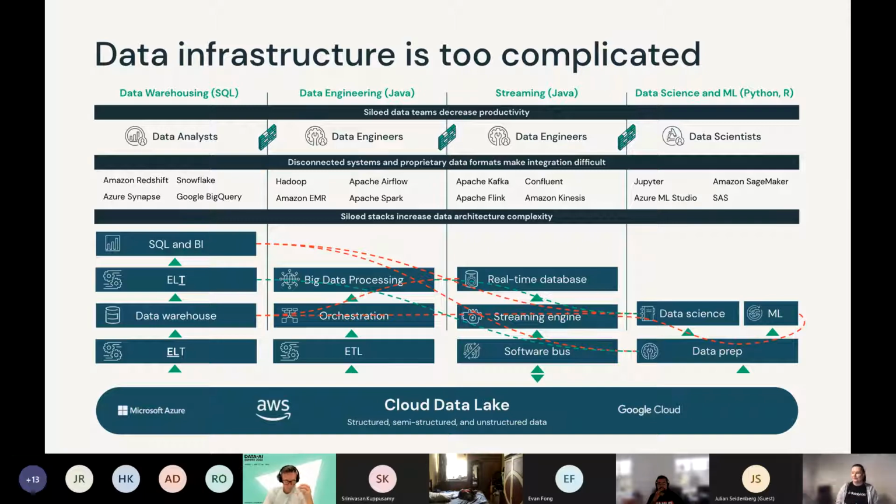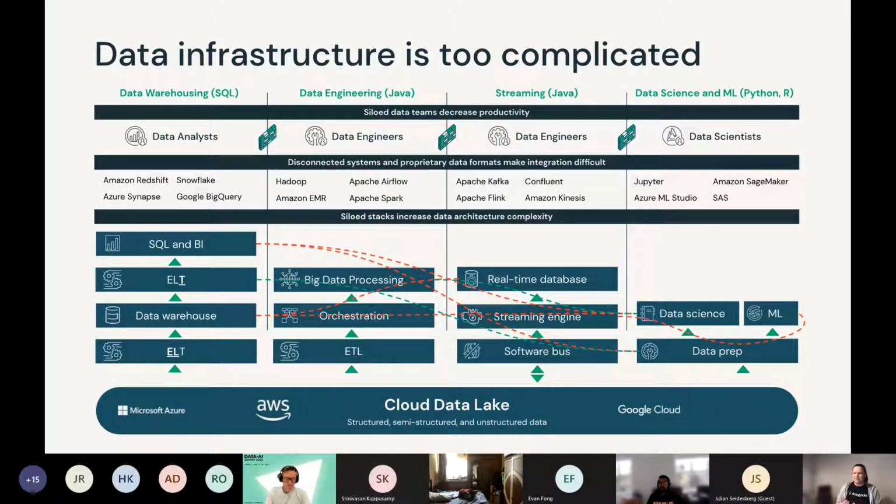And your data scientists would usually have a copy of data from all over the place. Often they would work on unstructured raw data files, and they build their machine learning models, often using notebooks. That's where SageMaker ML Studio would come in. They would usually work with Python, with languages like R, for example, which is also very common between data scientists, especially around Australia and New Zealand. As you can see, you have different technology that doesn't really work very well together, so it would be really hard for the teams to work nicely together because they don't use the same tool. They don't often even code in the same language.